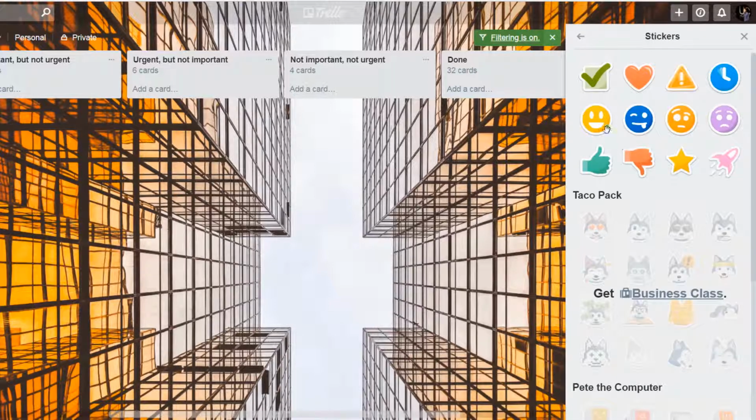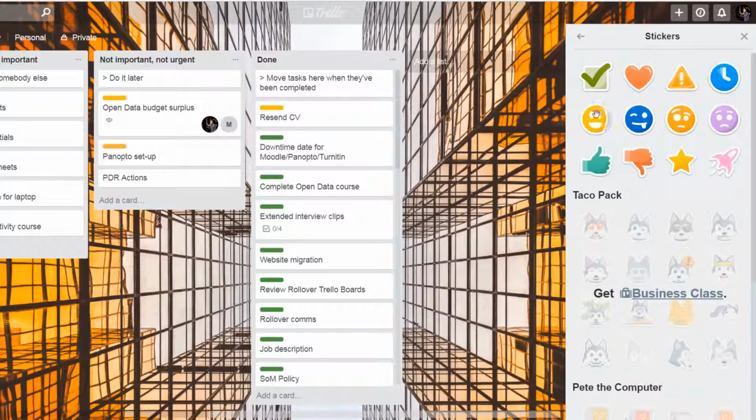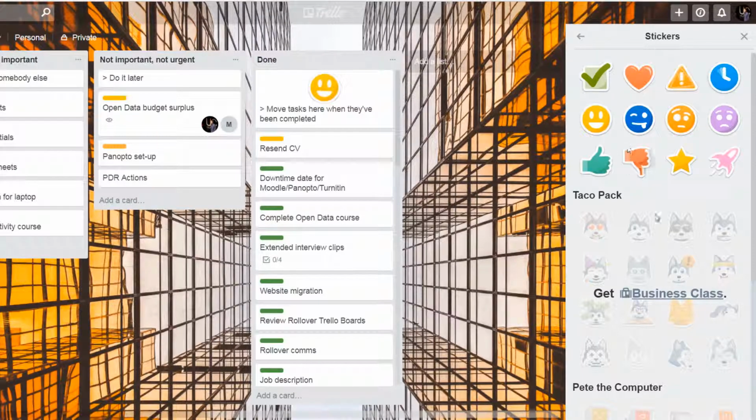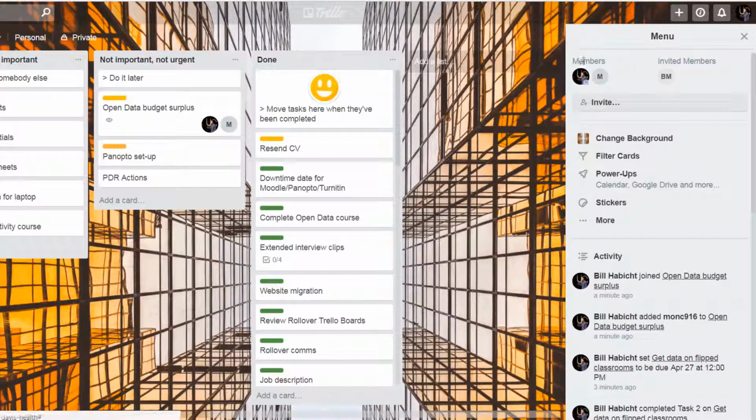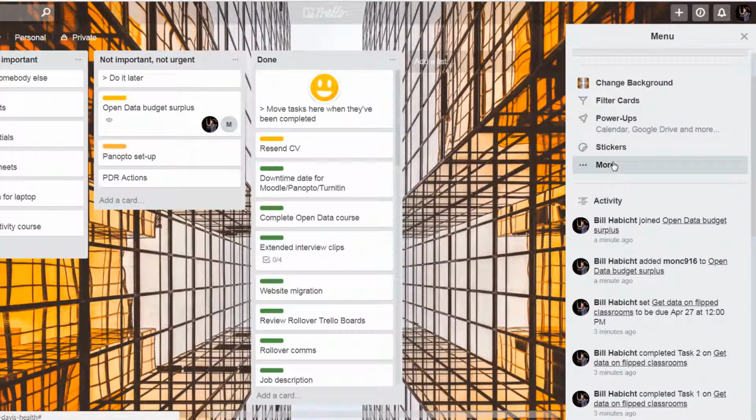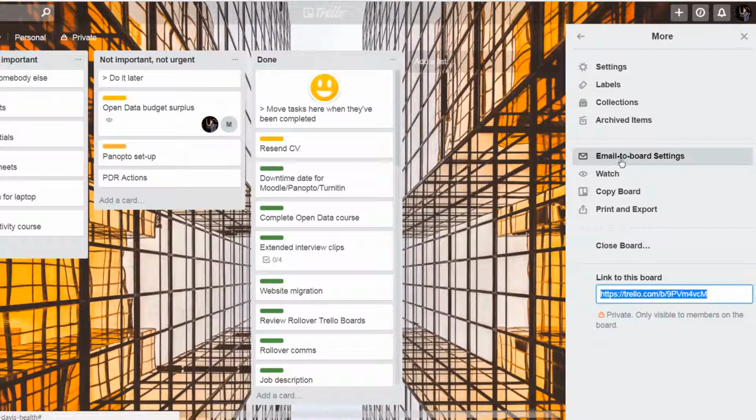Stickers are fun. It just makes it a little more fun, and you can kind of spruce up your boards a little bit. Let's take off the filtering there. We're going to add that right there, but it's not necessary. I don't really use the stickers too often. And we're going to go over the email to board settings in a future tutorial,